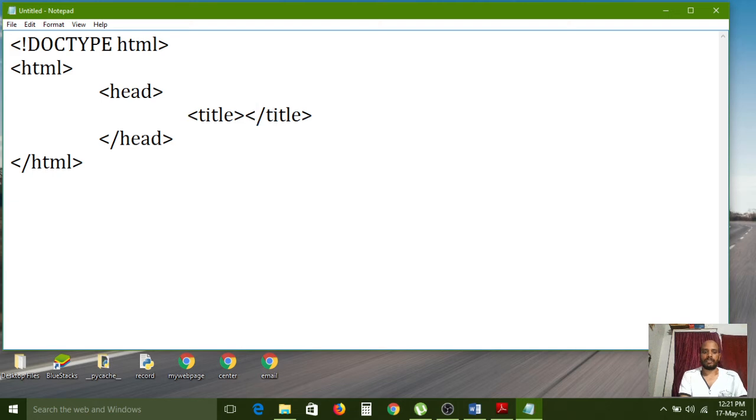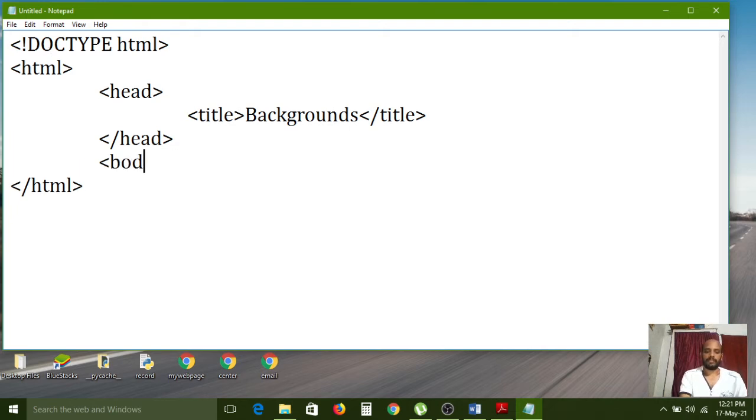The title tag is very useful. Backgrounds completed, and next body tag. Actually, we have to apply the colors for the background only in the body section. The body section is the complete web page.